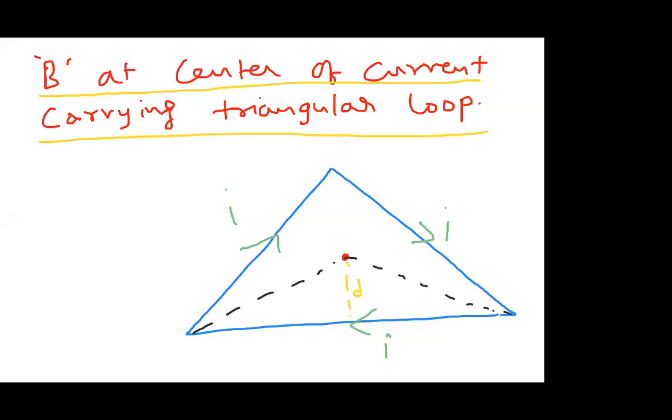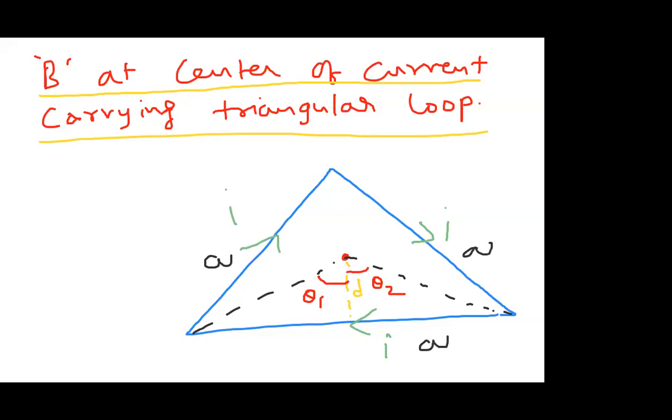What do the angles subtended mean? Let us first take them as theta 1 and theta 2, then we will give the particular angles. First we will take this as theta 1 and this as theta 2. This is an equilateral triangle. Equilateral triangle means all sides are equal. Let us take all sides as having equal length.